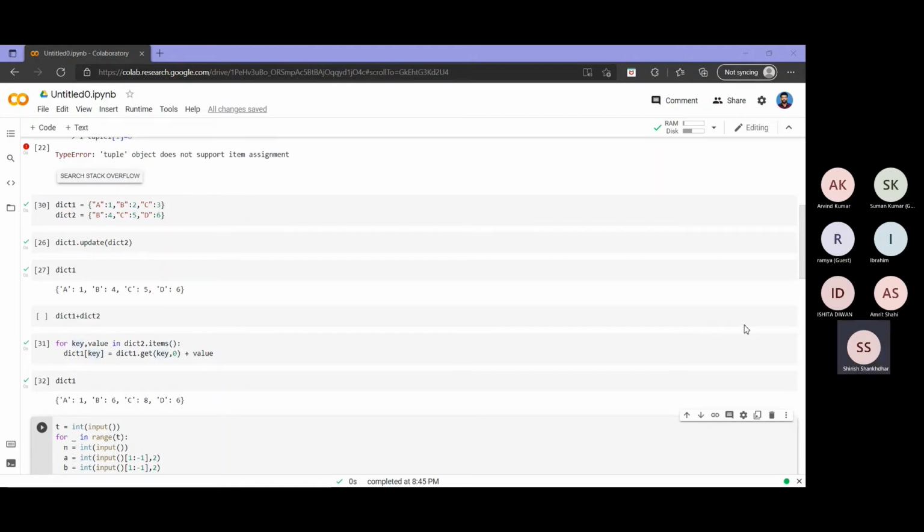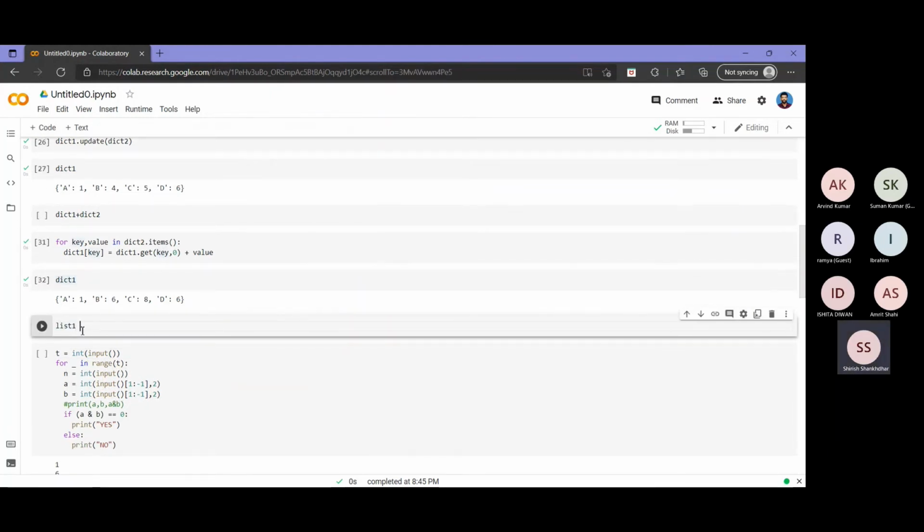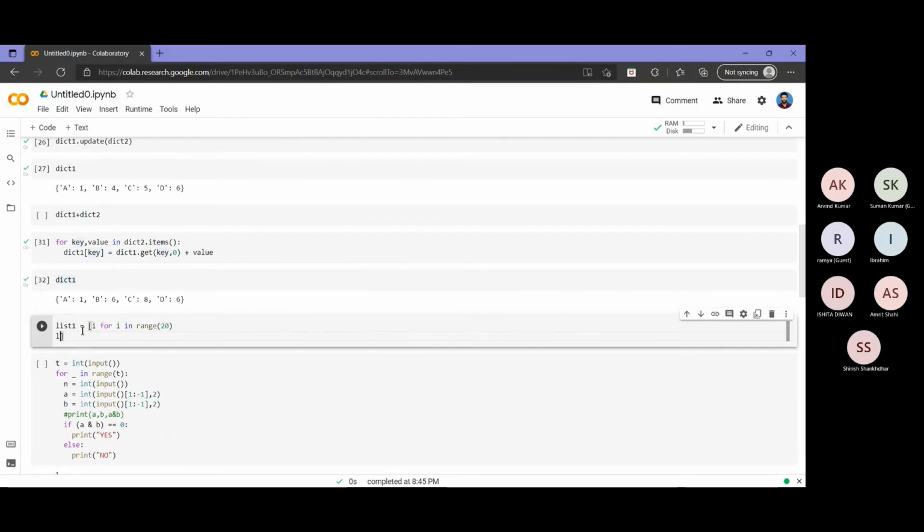Now the next doubt was from Aravind, about how to solve the even odd question. And Aravind, your second doubt I didn't get. 3n plus 1, 3n plus 2, 3n. Can you give that question in more detail in the chat? By that time I will tell how I can solve the even or odd problem. Suppose I am given a list, I will write for i in range 20, then I will print that.